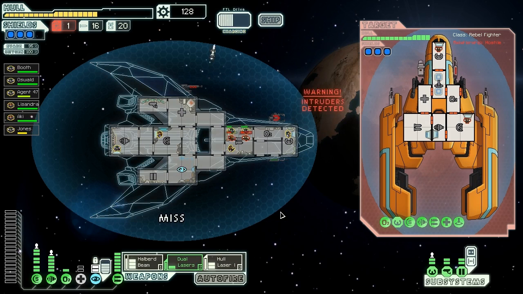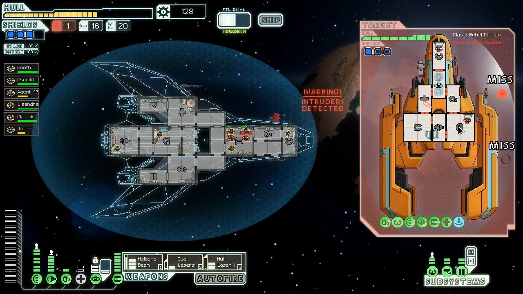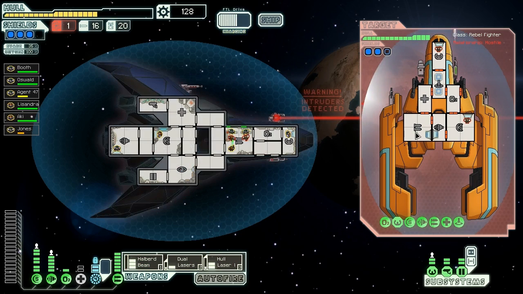Just because of that missile. Missiles aren't super dangerous, but I still don't like being hit by them. So we're going to knock out their weapons as soon as their shields are down using our halberd beam. And that was terrible. Okay. Still gonna knock out their weapons using our halberd beam, but...